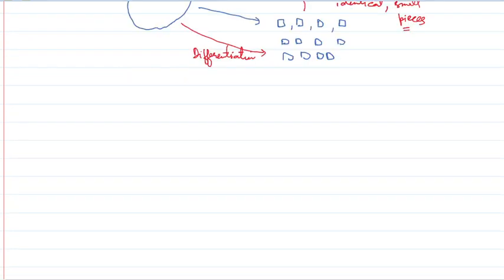So now coming to the formulas. The first formula you have to remember is d by dx of x raised power n. If you have this type of function, this will be simply equal to n x raised power n minus 1. Okay, so we will do some examples based on this function.